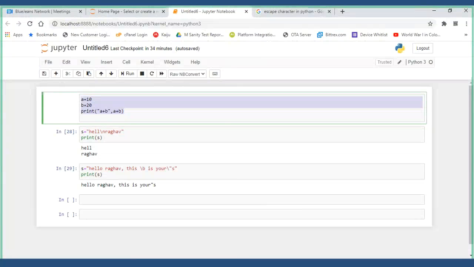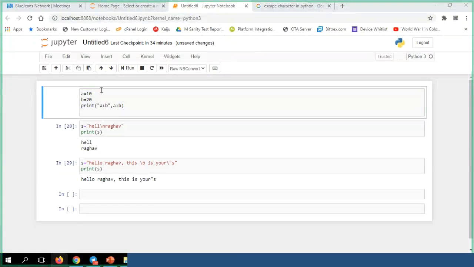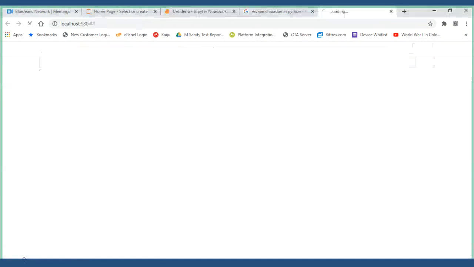Let me take the same code to the interpreter. Guys, I'm just copying it to the Python IDLE, the Python GUI.